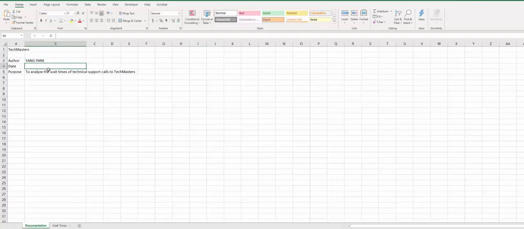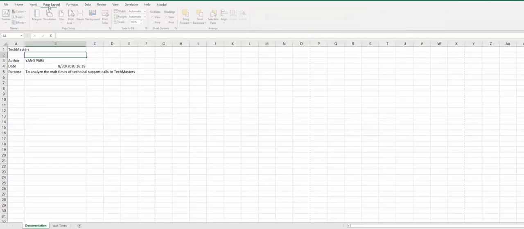In the documentation, for today's date, I'm just going to use whatever the Excel function gives, so I'm showing today's date. And step number 3 again of the problem, apply theme. So theme is under Page Layout, right? So go to the Page Layout tab,